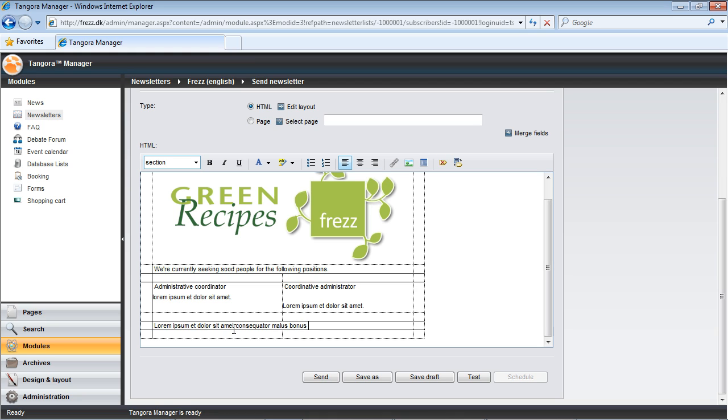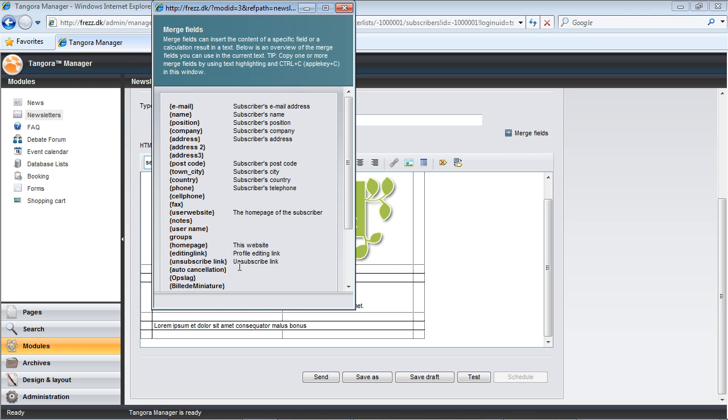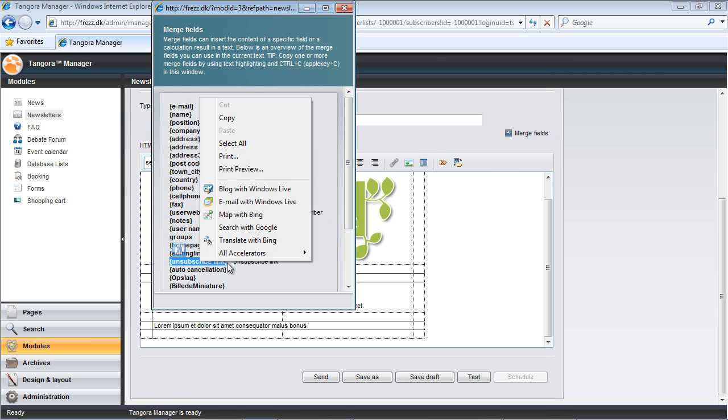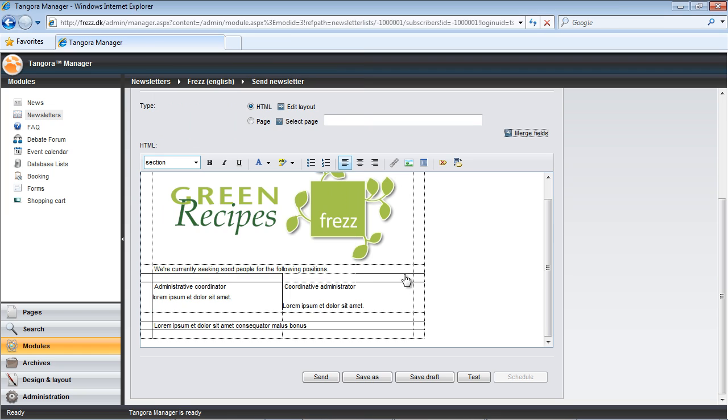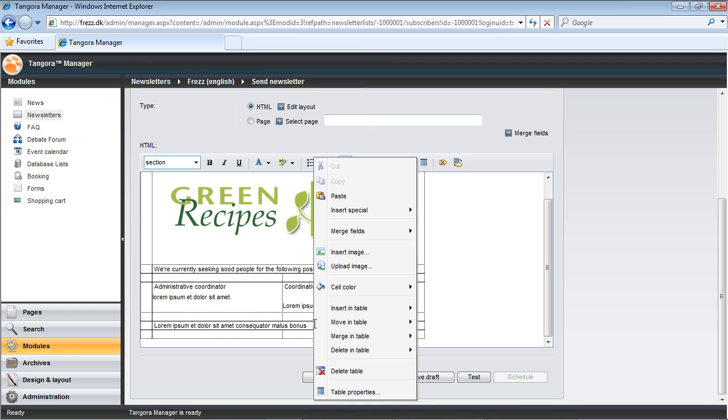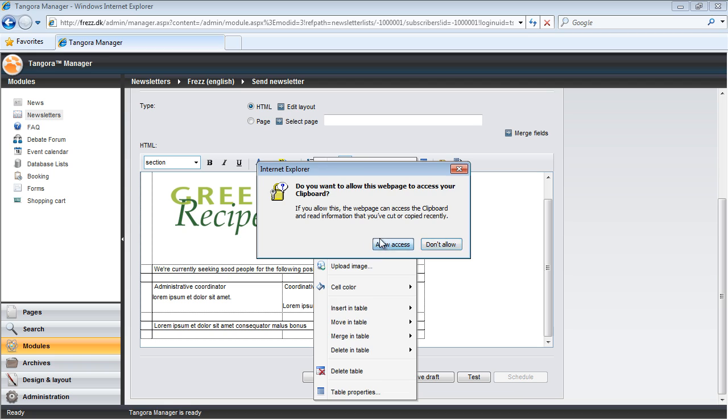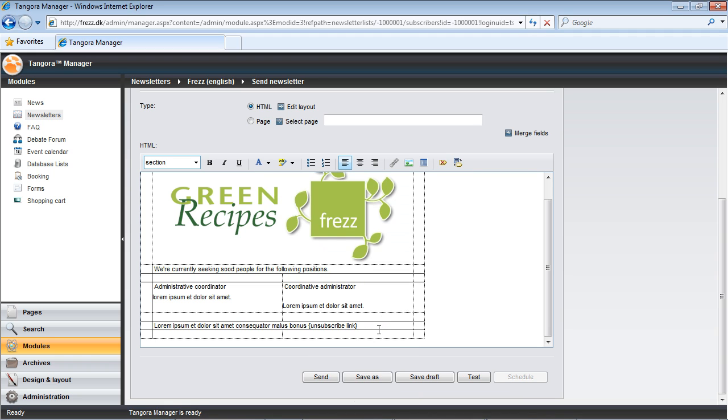And now what I'll do is I'll put in an unsubscribe link whose text you may recall that I control in the newsletter database's properties area. And I can find the syntax for the link under the Merge Fields button here. I could simply copy and paste. I could also, if I had a more complex web of categories, make a manual link to that page which I know is relevant, so it's up to you and your particular needs.